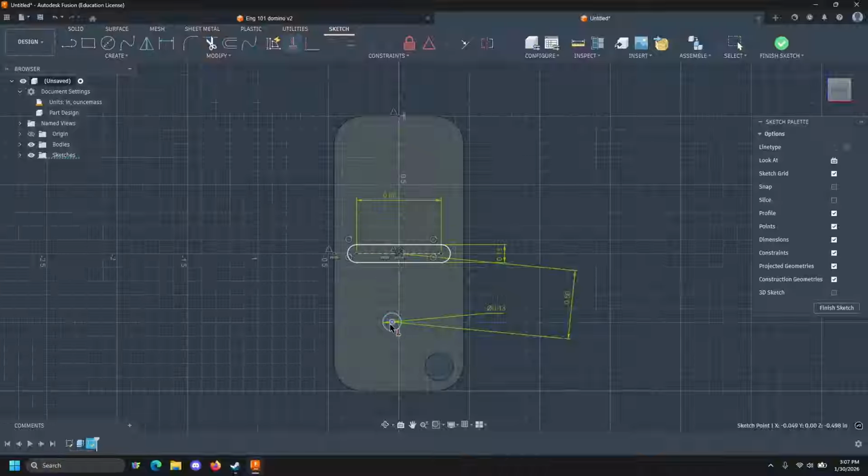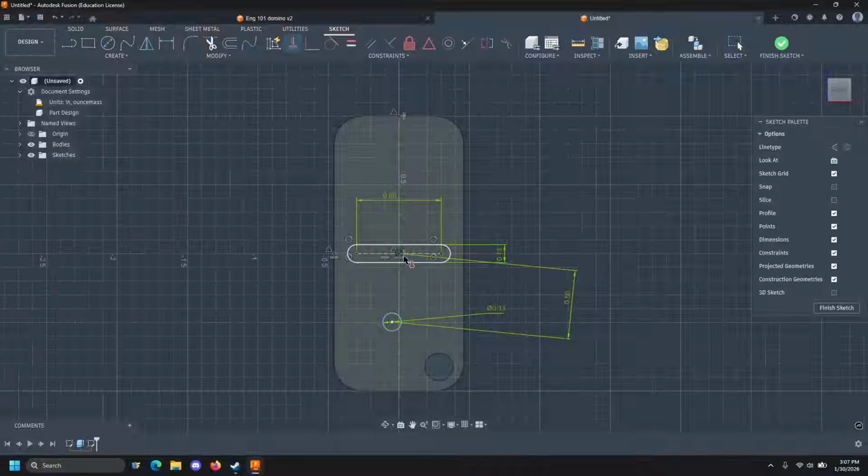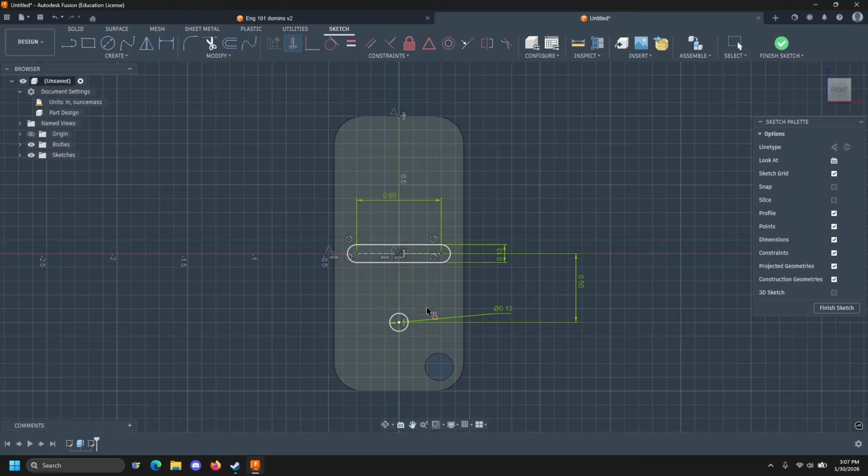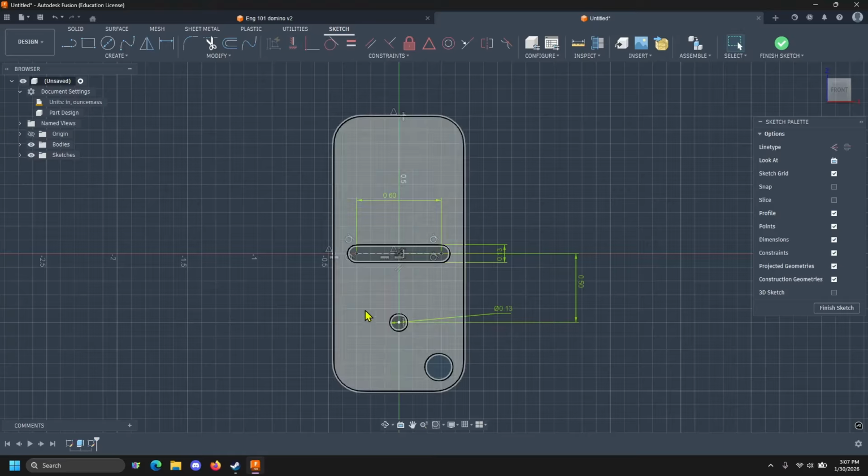And I'm going to use that. I'm going to click on this guy, and then I'm going to click on this guy. And then that'll align them again, just like we did earlier with aligning the slot. And now